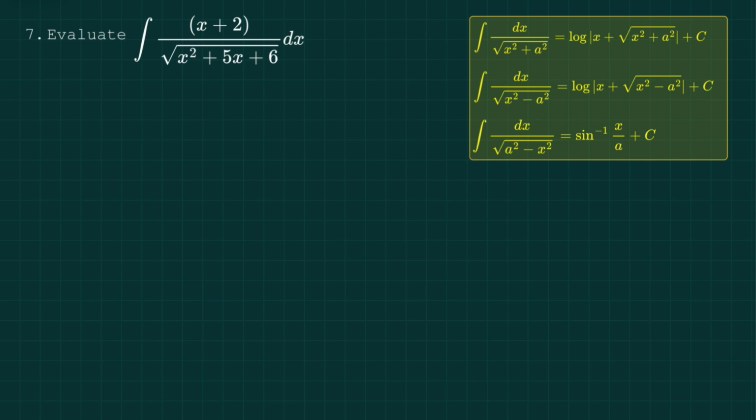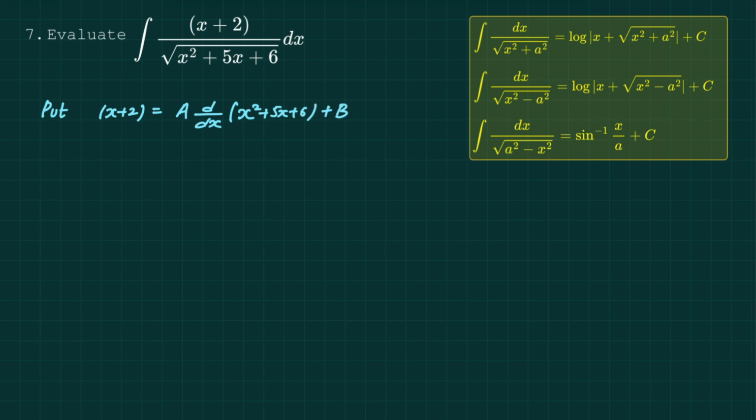Question 7. Integration of x plus 2 over square root of x square plus 5x plus 6 dx. So this is the same form of linear over square root of quadratic. So here also we try to split the numerator into two terms and eventually split the integral into two parts. So following the rule, let us put x plus 2 equals a into d dx of the quadratic expression under the square root